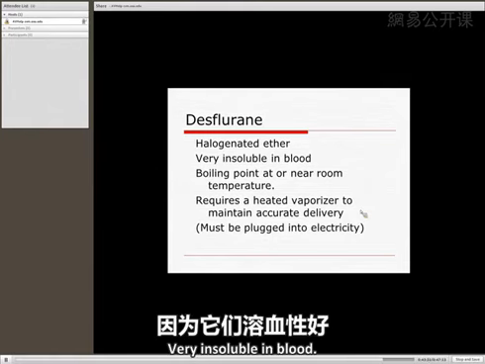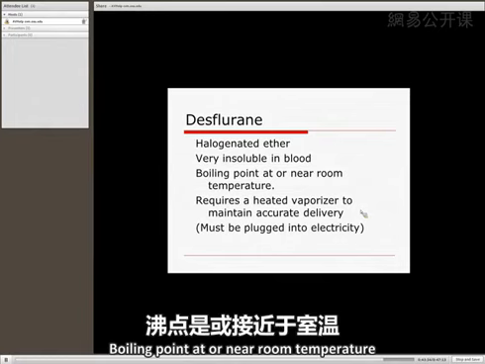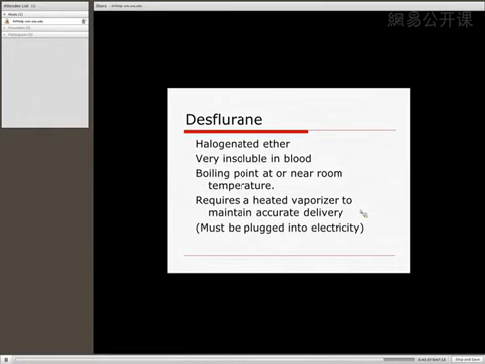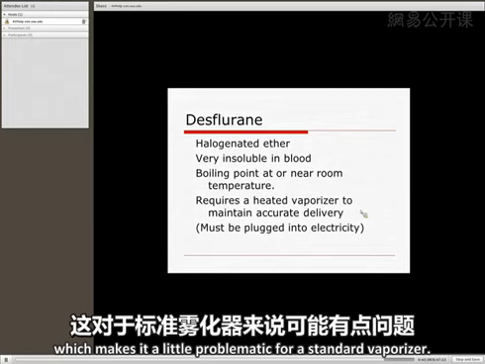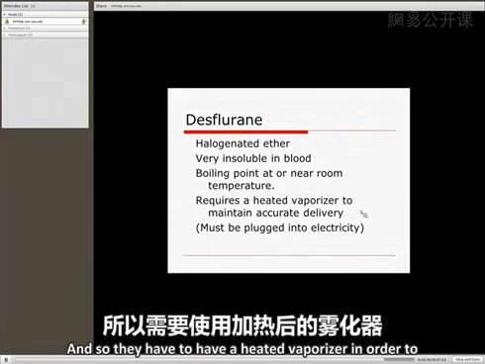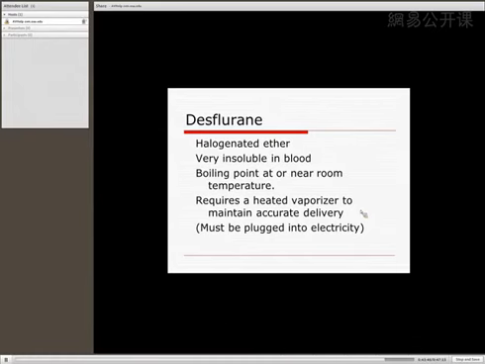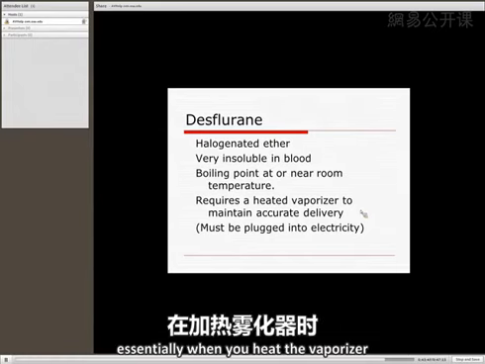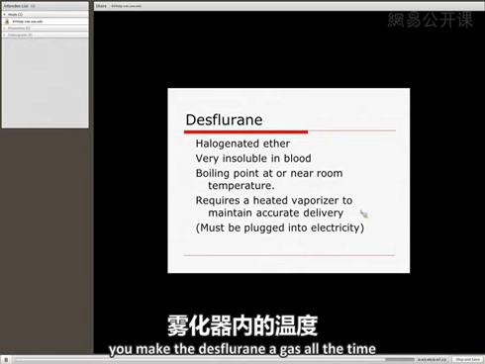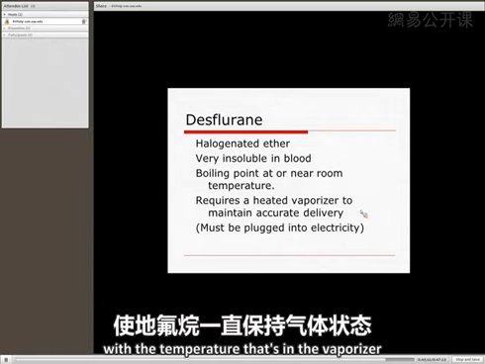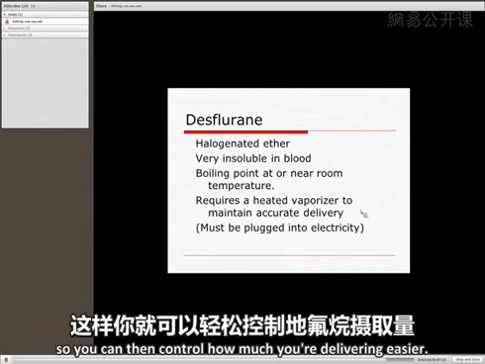Very insoluble in blood. Boiling point at or near room temperature, which makes it a little problematic for a standard vaporizer. And so they have to have a heated vaporizer in order to, essentially when you heat the vaporizer, you make the desflurane a gas all the time at the temperature that's in the vaporizer,